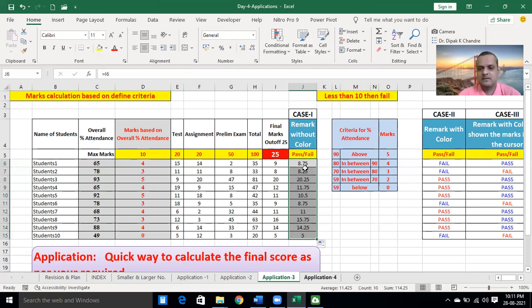The criteria is less than 10 marks, then it represents fail. Greater than 10 marks, it represents pass. Here, instead of showing the marks, it requires pass or fail. These marks and this mark are the same marks. I will just remove the decimal places.